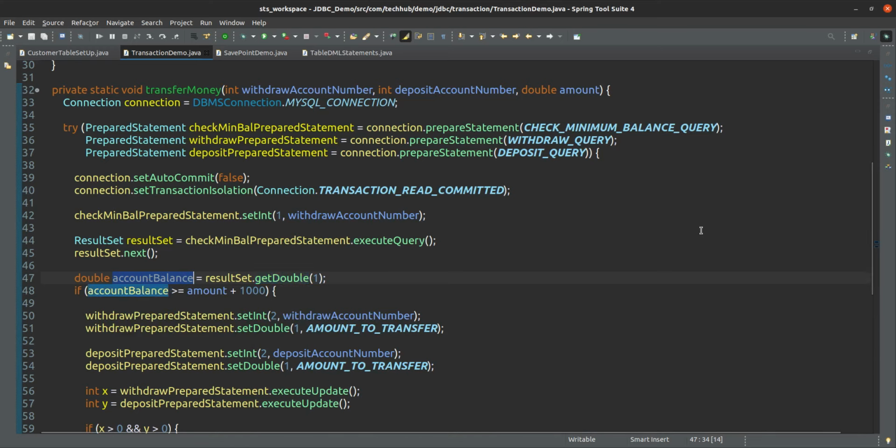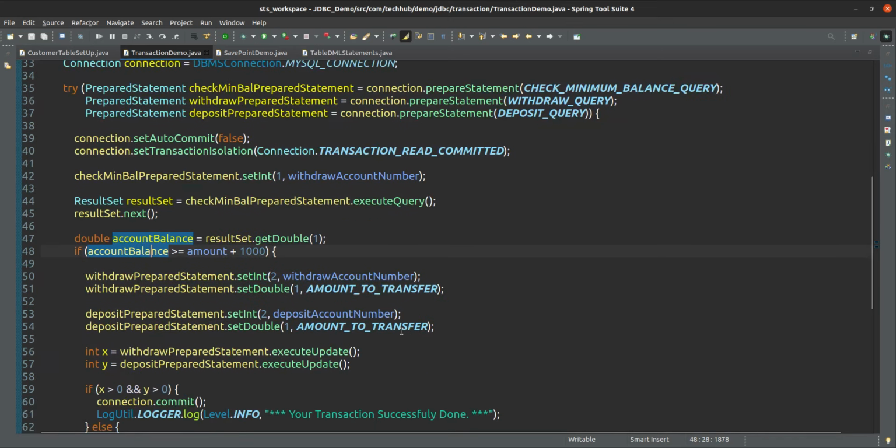If this account balance is greater than or equal to amount plus 1,000, this is a business rule: in your account, at least 1,000 rupees must be available. Whatever remaining amount is there you can transfer, but at least 1,000 must remain. So whatever amount you are passing plus 1,000, this much should be there, then only we can transfer the amount, otherwise we cannot. So this is our one business rule.